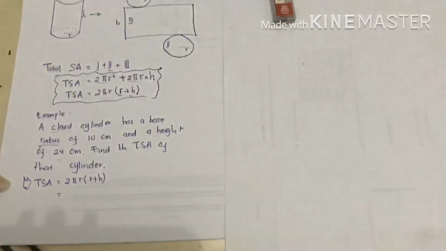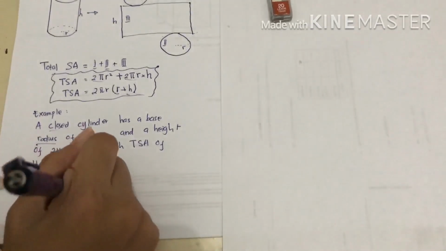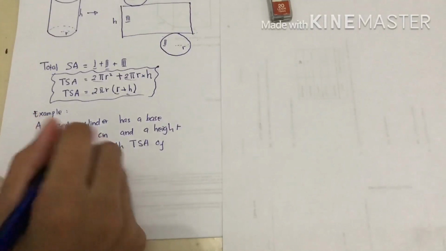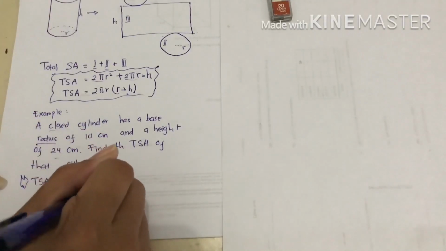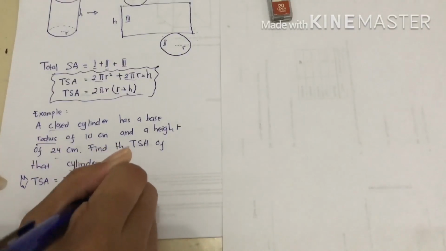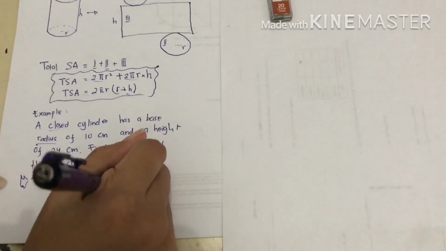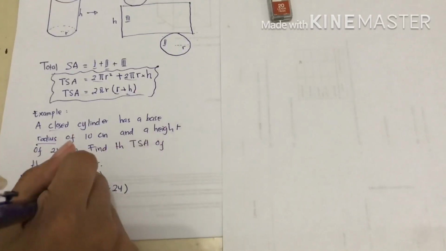So let's just substitute all. Pi, the radius is 10 centimeter times radius plus height, the height is 24 here, so it is equals to